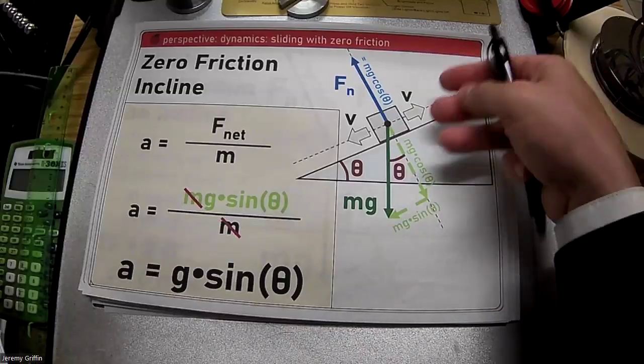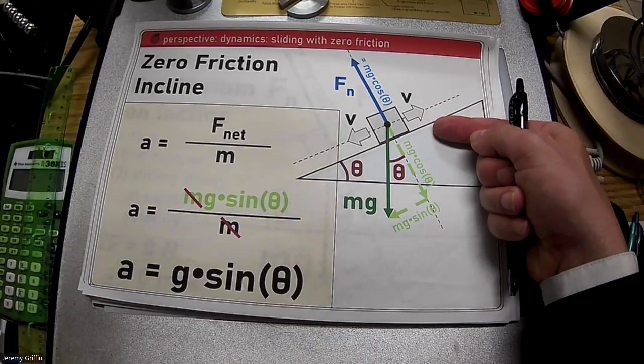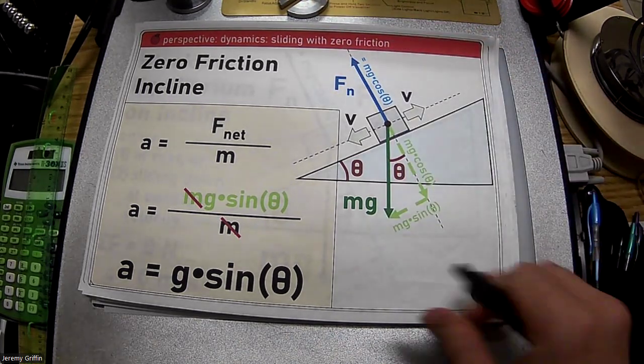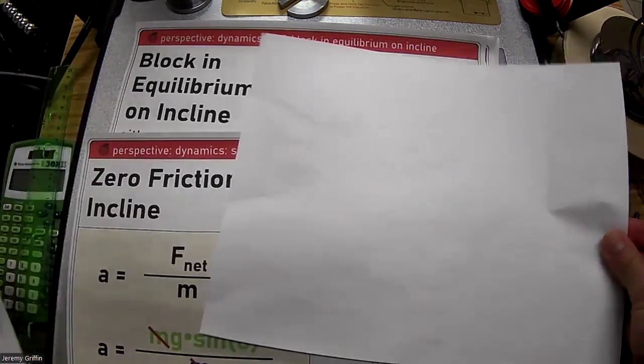Now, guys, how many forces are on this block right now? 2, right? Weight straight down and the normal force, normal to the surface. Now, switch over to equilibrium. The next one's equilibrium,